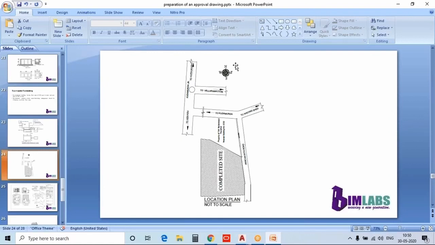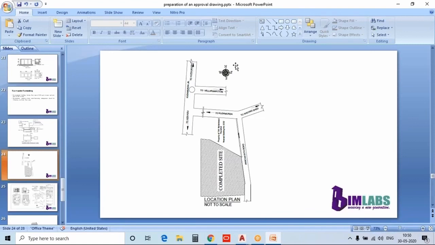area of the building elements, then exit doorways, minimum width, staircase with tread height, depth, all those things. While considering all those things, only then you have to prepare an approval drawing. Like you have to prepare floor plans, a section view, then front elevation. Then you have to make septic tank details, then rainwater harvesting, a location map, then site plan.